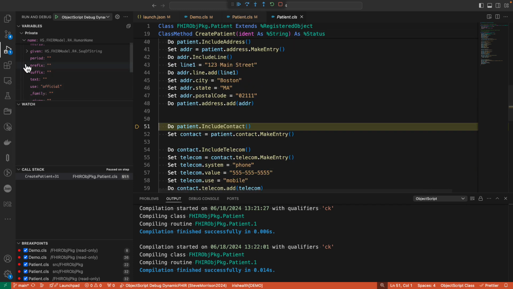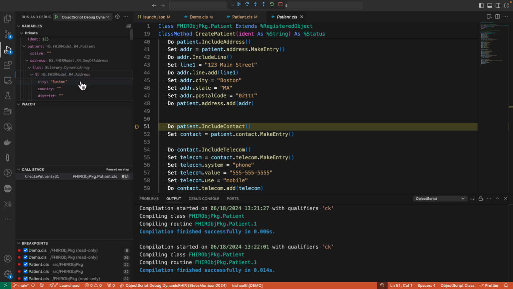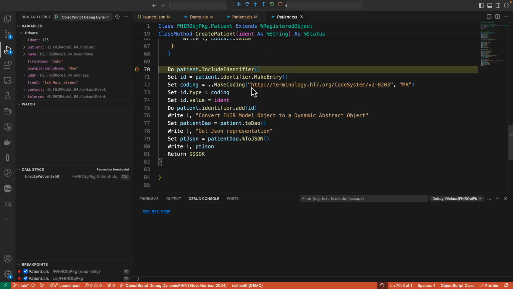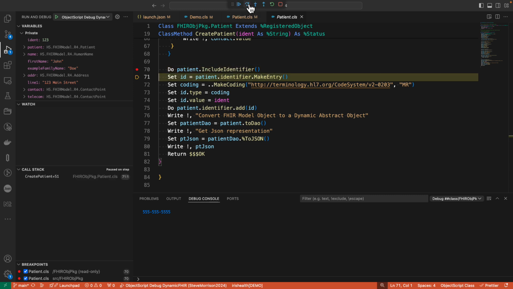So let's see if that happened here. And we could see under patient, we'll look for address, and we see we have the sequence of addresses. And we expand this, and we could see again that we have a HS FHIR model R4 address. I'm going to include the identifier I had earlier. And again, I'm going to make an entry, and this time I'm using a special function called make coding because